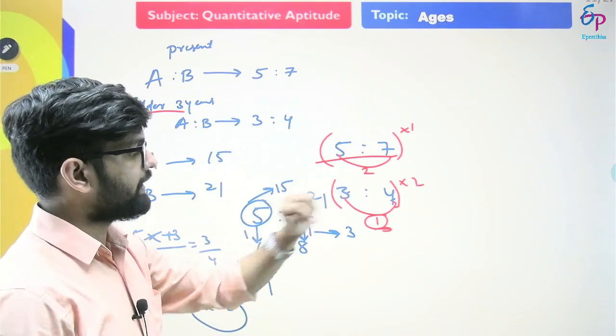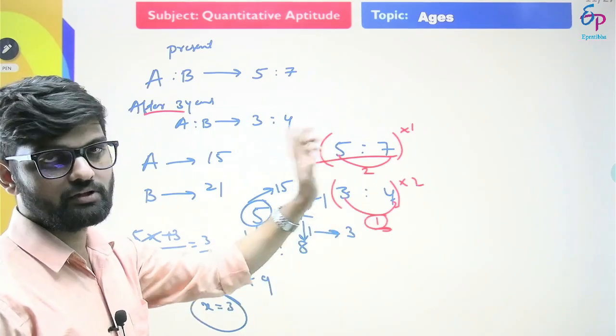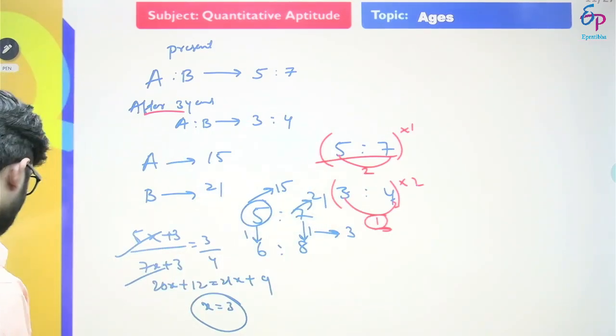Part difference value: this side you multiply this part difference with this one, and this part difference with this one, you will get the answer. Next,